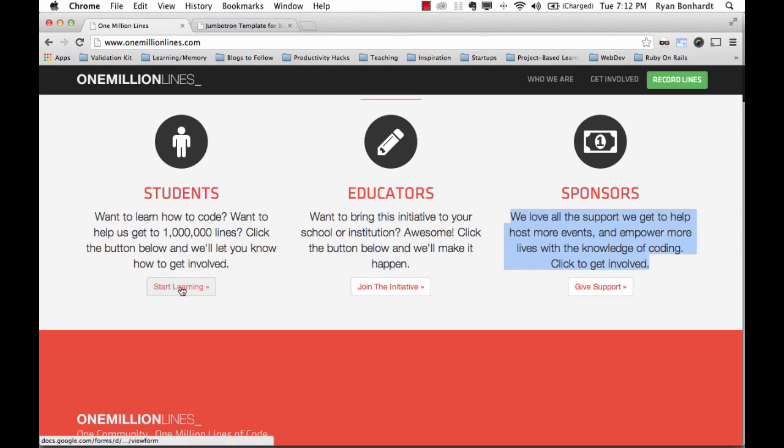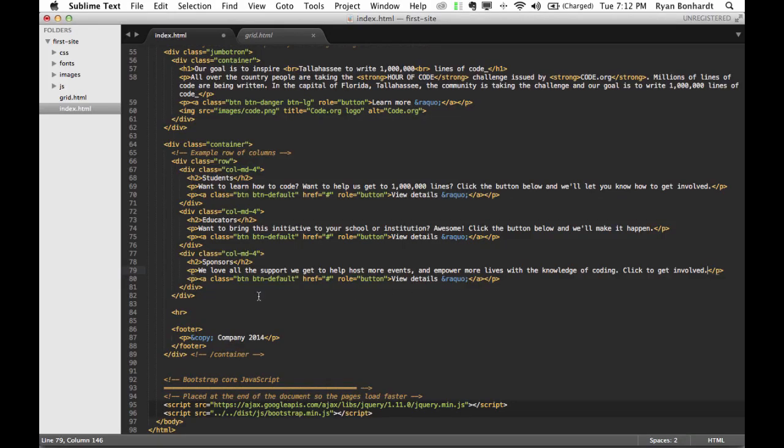All right, then we have start learning, join the initiative, and give support. Remember we learned about buttons earlier. Start learning. Join the initiative. Give support. And this crazy looking text right here is